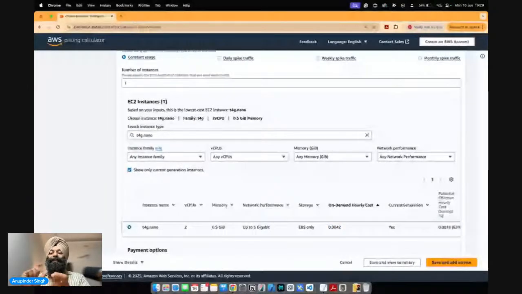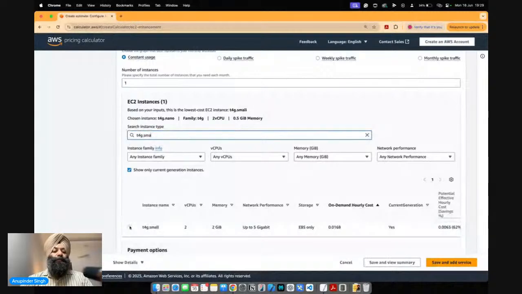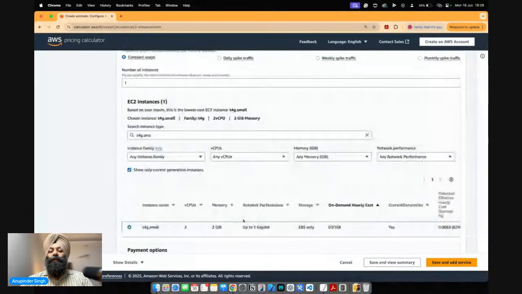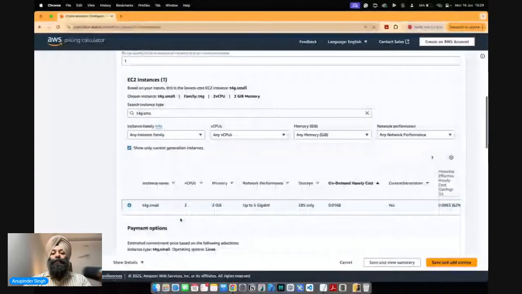सो दिस इज व्हाट इज द एस्टिमेशन दैट यू आर ट्राइंग टू डू बेस्ड ऑन कि आपके क्लाइंट ने आपके पास रिक्वायरमेंट क्या रखी है अपने इंफ्रास्ट्रक्चर को सेटअप करने के लिए AWS क्लाउड के ऊपर. So let's say I go with, instead of nano, I'll go with small, right? So small के केस में मेरा कोई ज्यादा estimation नहीं जाता. It is going to cost me around $6.313 in a month. ये सिर्फ अभी तक इंस्टेंस हमने चूज किया.